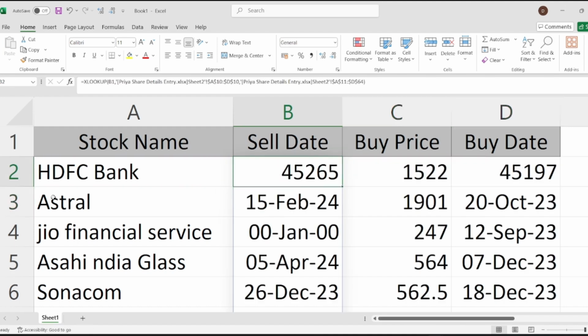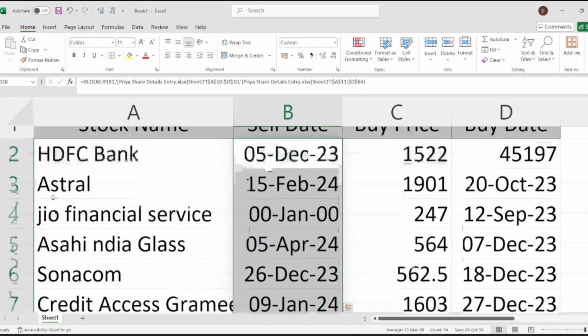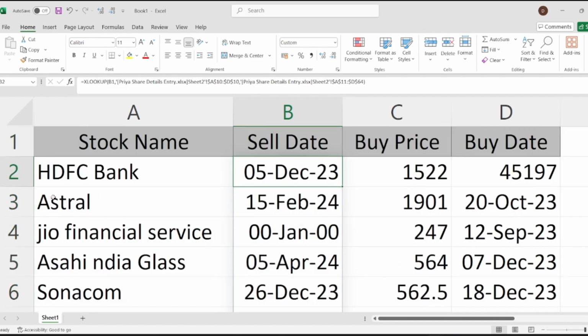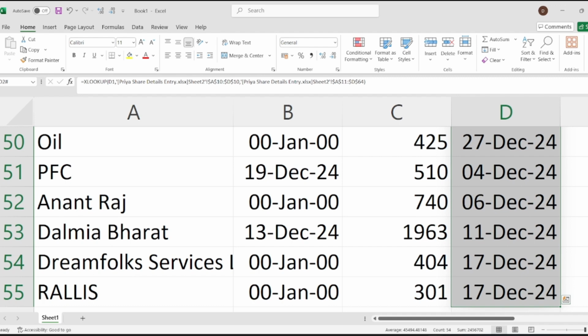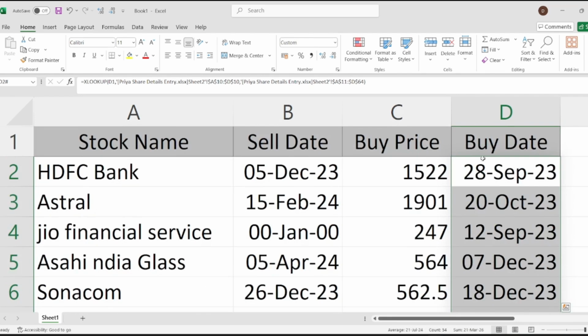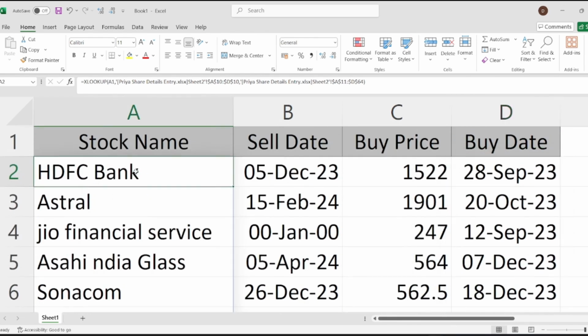The sell date is not in date format, so we just have to change the format. Now we have changed it. Just press Shift Control 3, and you can change it to the date format. Now the buy price, so the buy price is here. Now the buy date, we have to change it also to the date format, and we have changed it. So the data automatically comes into this sheet,